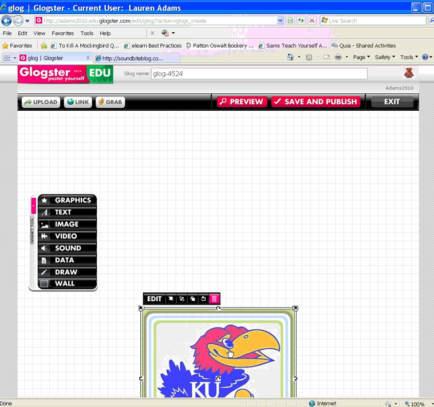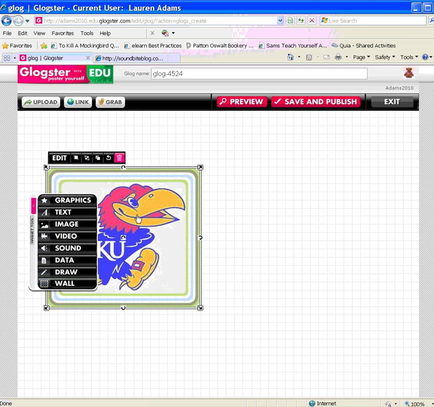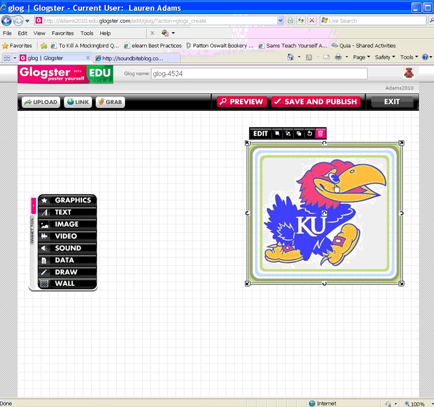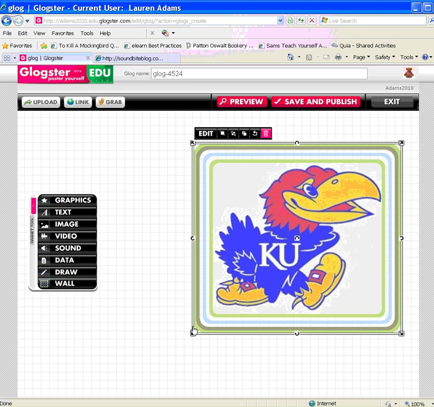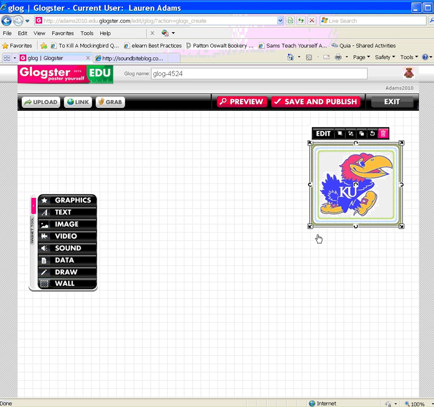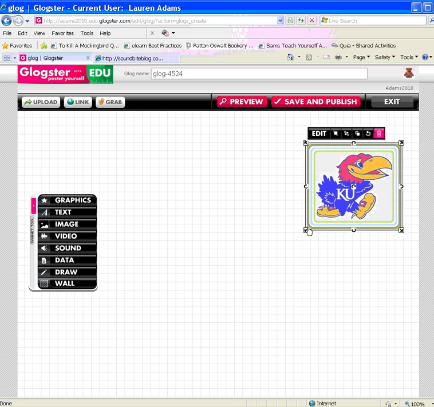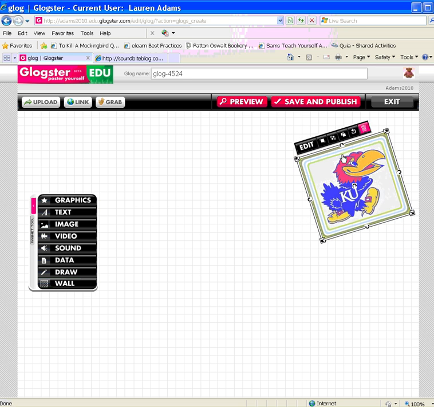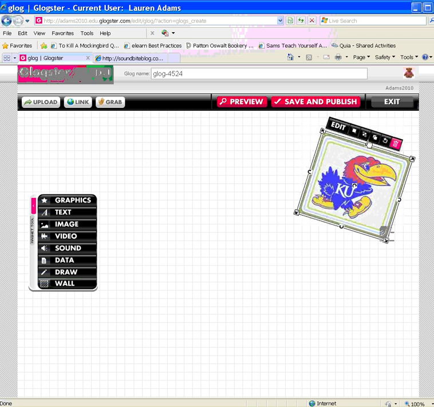edit. Simply click on the image to drag it anywhere I want on my screen, and my screen here is my glog. I'm going to leave it in this corner. It does look pretty big, so the first thing I might want to do is change the size. In each of the corners, you can click and grab and make it bigger or smaller. I'm going to make mine a little bit smaller. I also have the option to rotate. I can grab the curled